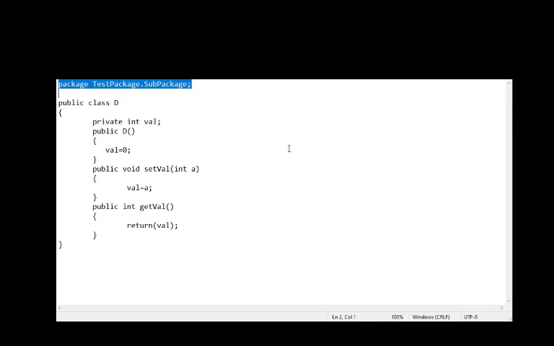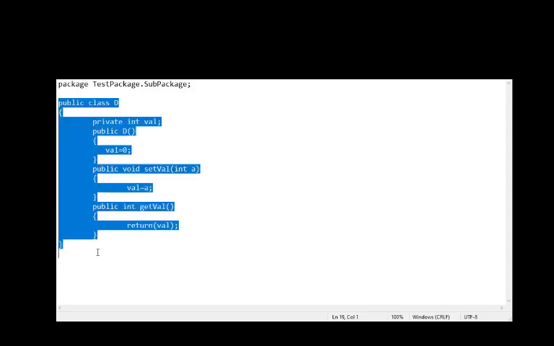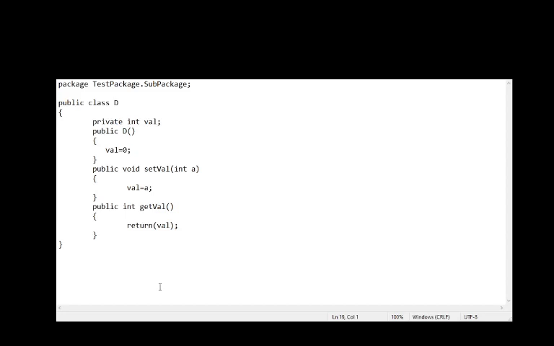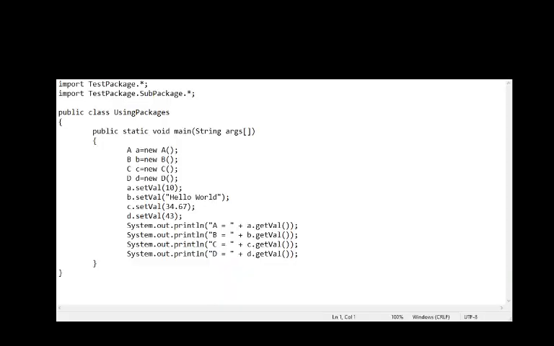Inside that test package I have sub package, and inside sub package now I have the class D. This is exactly the same as class A, just for demonstration purpose. So I have A, B and C defined inside the test package, and I have class D which is inside a package called sub package which is inside test package. That's quite a tongue twister.